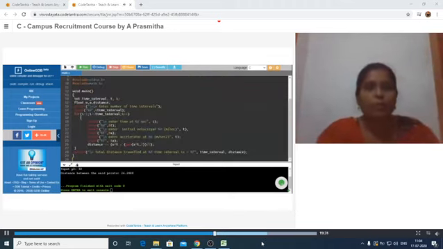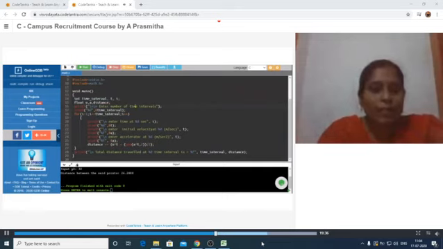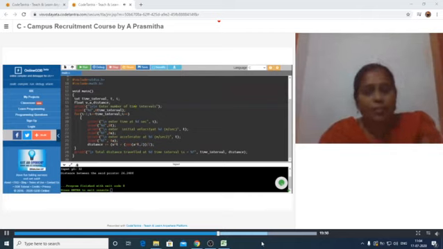This is the program. Here also I am taking two header files, one for standard input output functions like scanf and printf, and another one for the mathematical functions, math.h. Here I am using the pow function for this distance calculation.